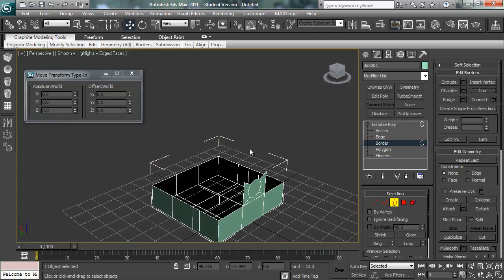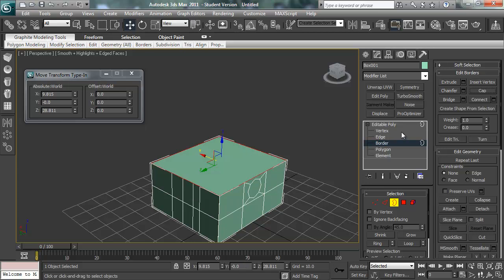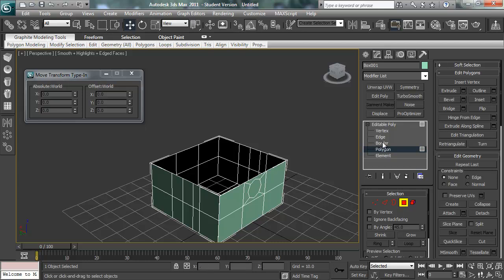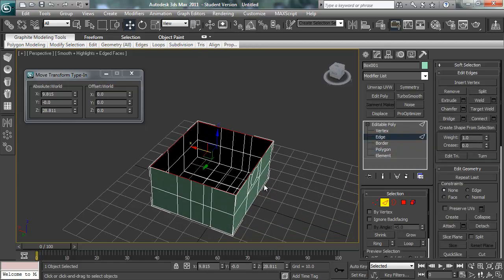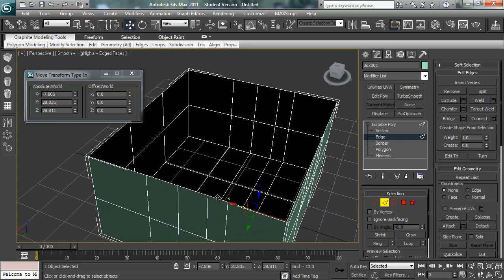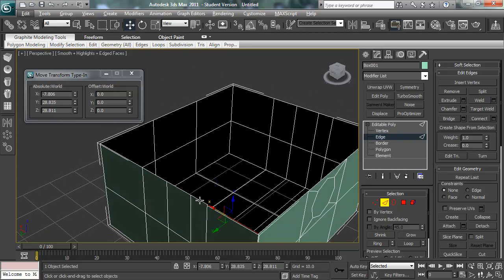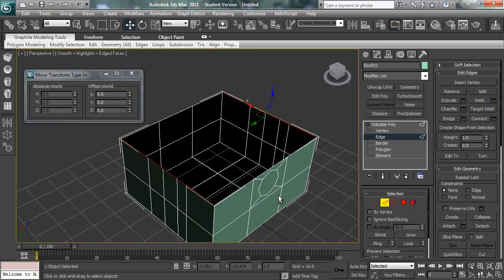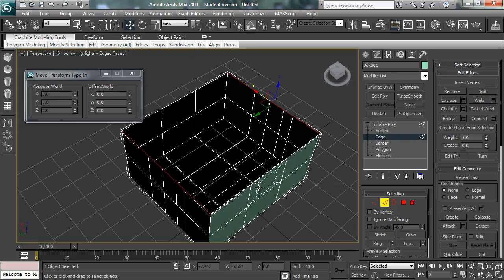Another way to do it is to use bridge. So if I pick all of the bridges along this side, like that, then we have both sides, or two sides of our object selected, and if we bridge these, it should put